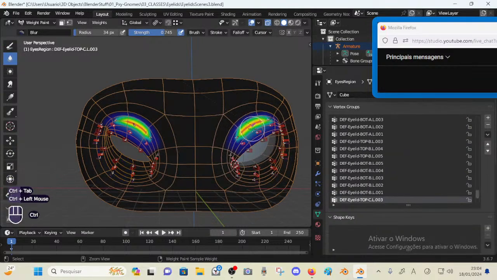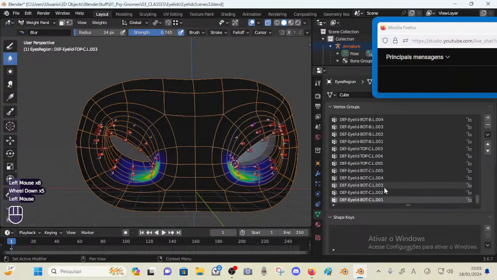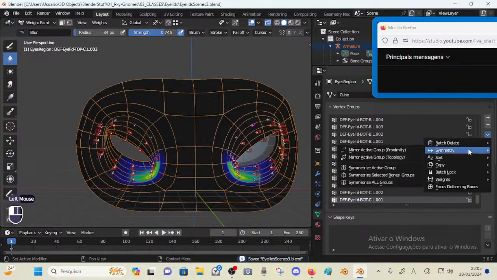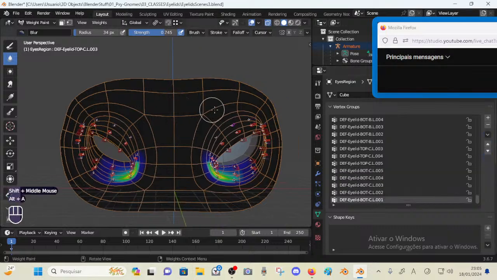Yeah, let's pick this one. We cannot select multiple vertex groups at once, but there might be an operator that can mirror the active group to symmetrize selected bone groups. Oh, symmetrize all groups. Okay, maybe this is